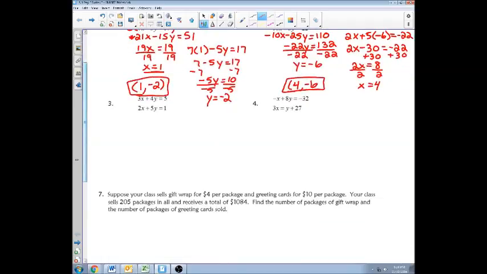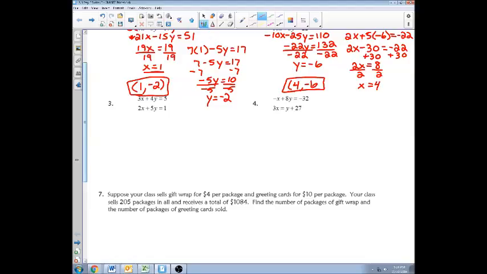On to number 3. This is one where I cannot just with one multiplication get us to the opposite coefficient of our x or our y. So what I'm going to do now is look and see if my x or my y has two coefficients that are smaller than the other two. Well, in this case, I have 3x and 2x, which are both smaller than my 4y and my 5y, right? So what I'm going to do in order to make this the